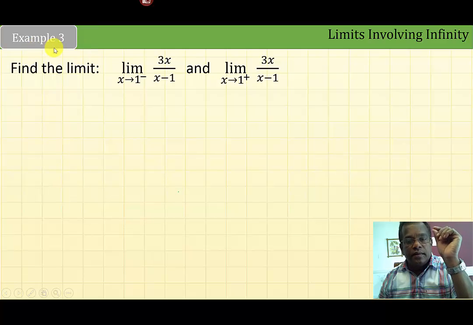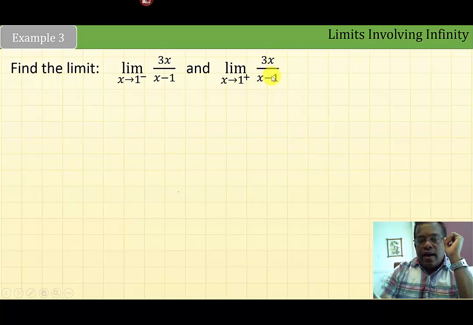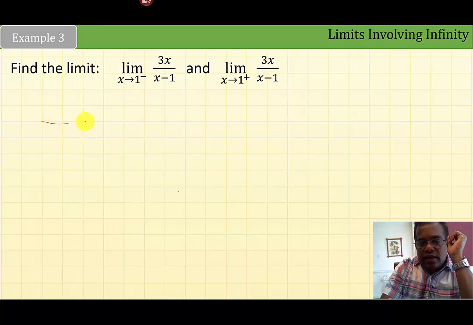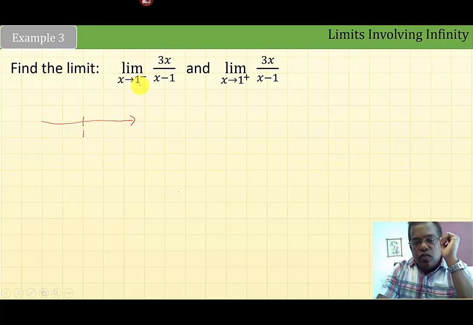Example number 3. Find the limit as x approaches 1 from the left of 3x over x minus 1, and the limit as x approaches 1 plus, or from the right, of the same function. Now let's see what happened here. As x approaches 1, here is the x-axis. Suppose this is 1. You are approaching 1 from the left, meaning just below 1, say